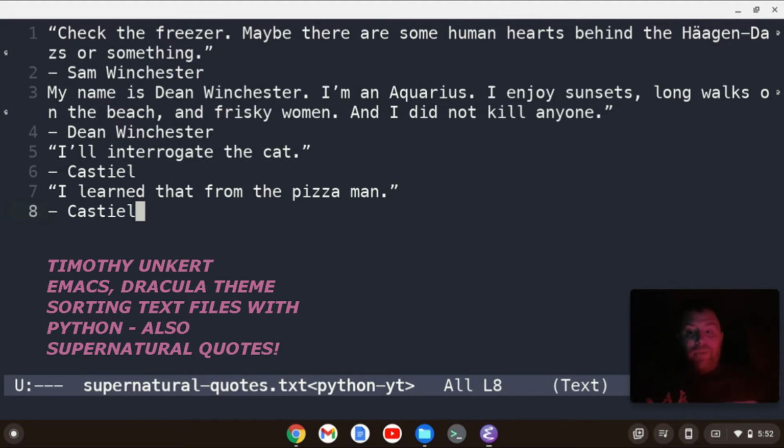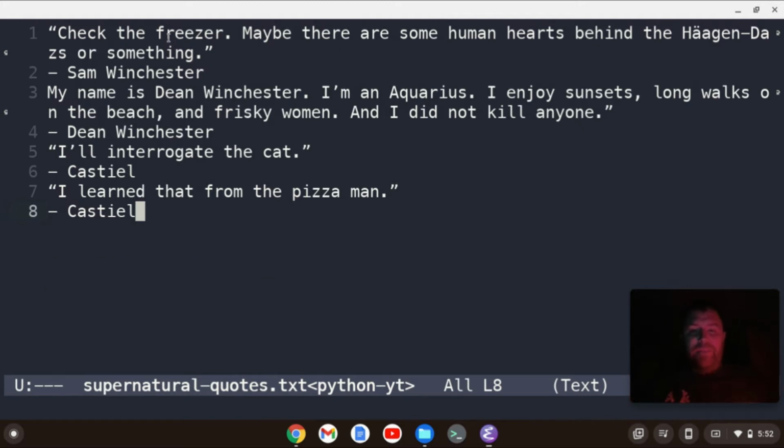Coding in the dark with the Dracula theme and working on a file of supernatural quotes. What I want to do with this file is print out only the quotes, and I'm going to use Python to do that. If you notice about the file, the first quote is on the first line,